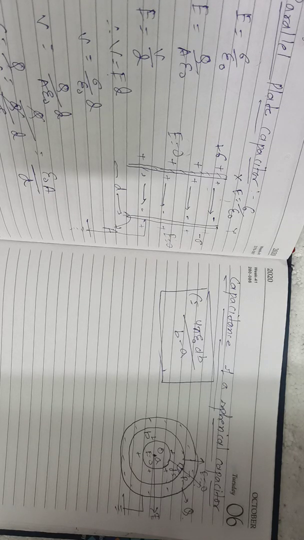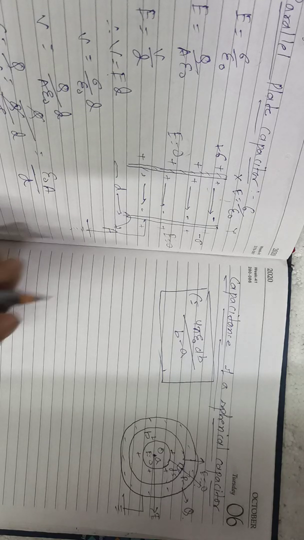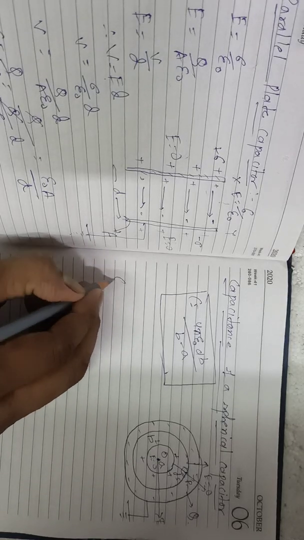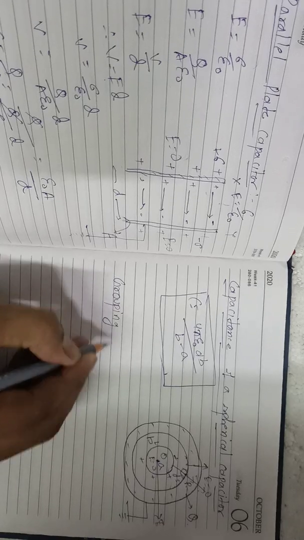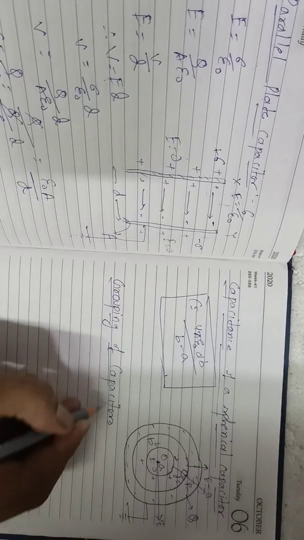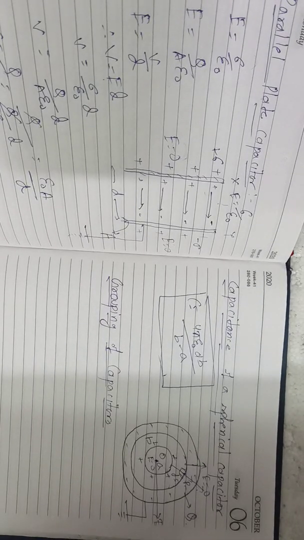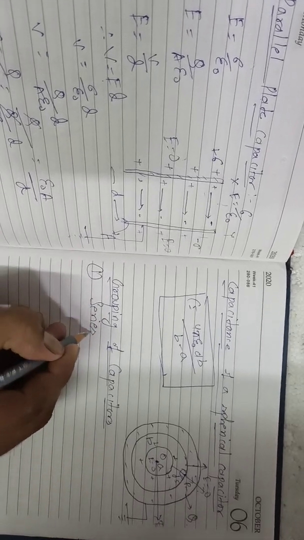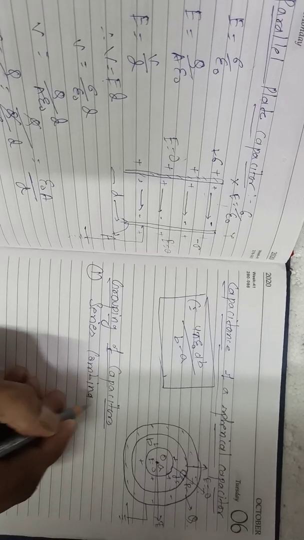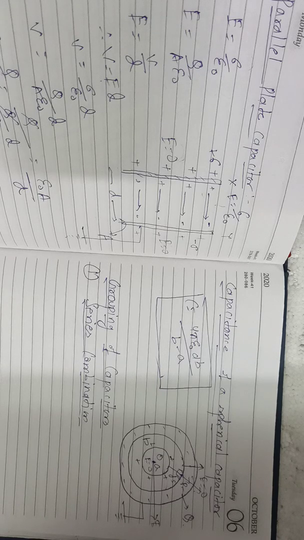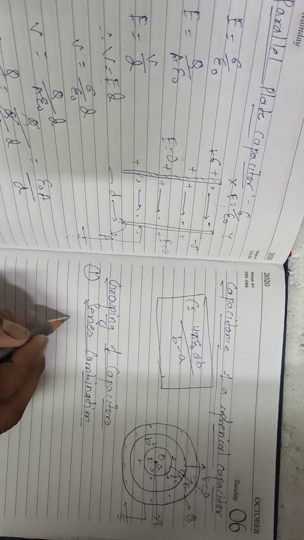Now we are going to the next topic, which is very simple, and we have already done it in class 10, but for resistance, not capacitance. Now we will be doing grouping of capacitors, which means combination of capacitors. We have two kinds of combination, series combination and parallel combination. First we will go for series combination. In series combination, whether we connect resistances or capacitances, they are connected end to end.